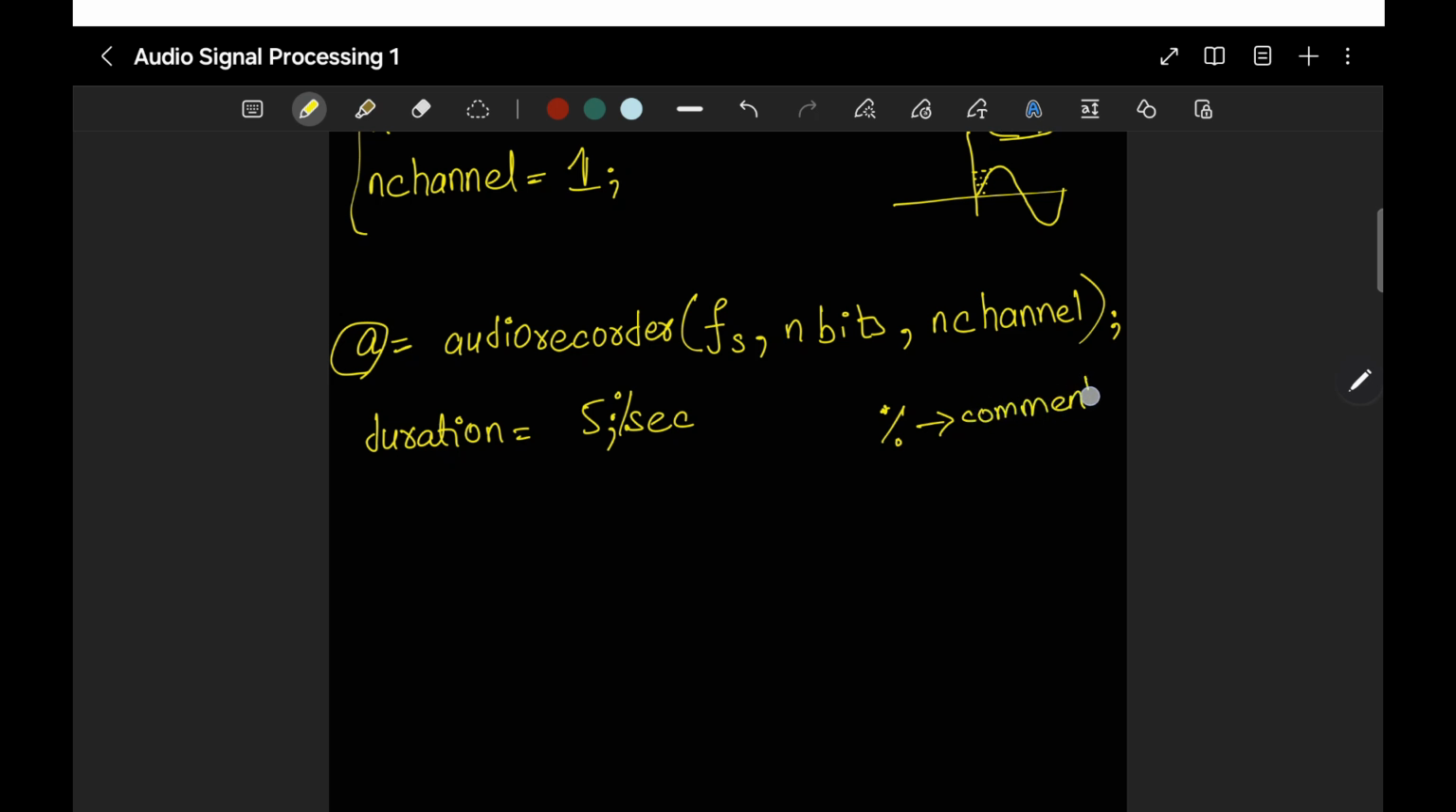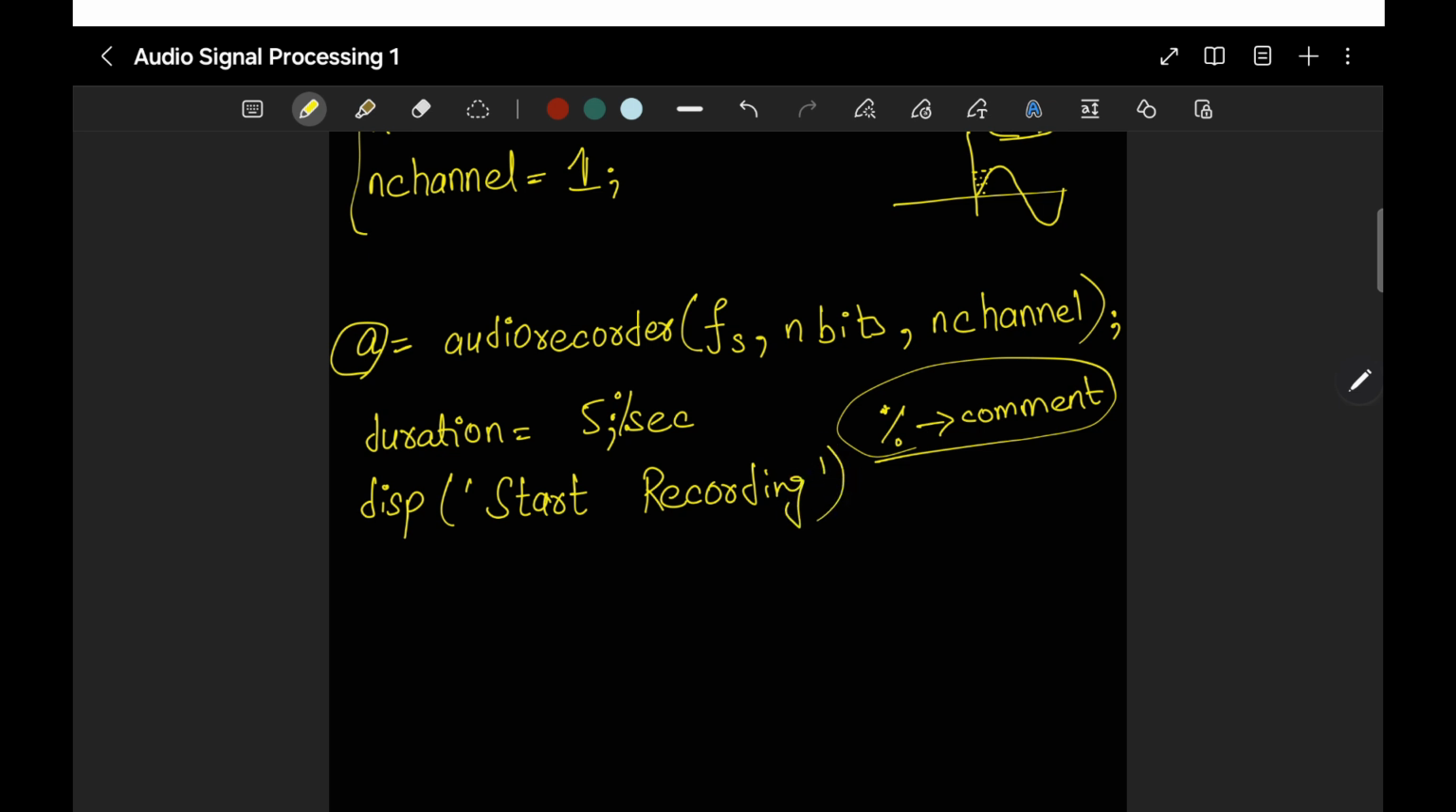So duration is a variable in which we will store a number which is 5, and 5 will be the duration of this signal. Now let's say I want to display that now the recording will start. Recording. This is just like a string which will be displayed, and now I call another object which is record blocking,